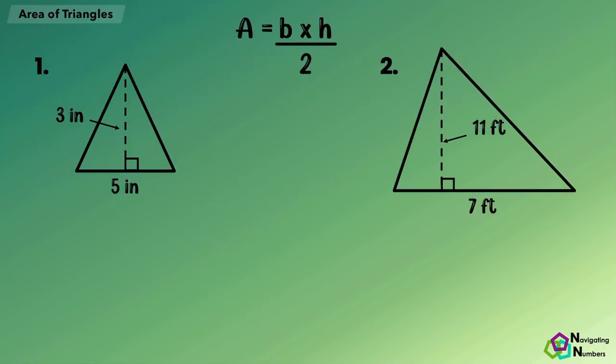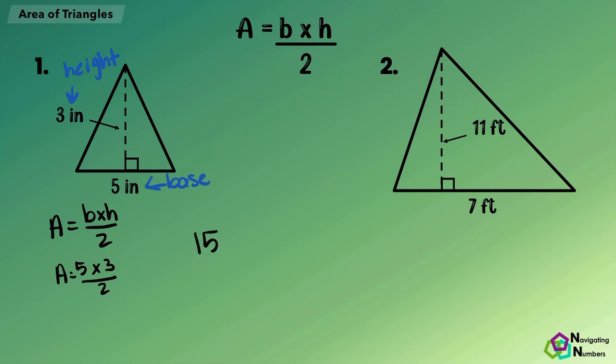Here we have number 1. Here we have a base of 5 inches and a height of 3 inches. Notice the 90-degree angle there. All right, so to find the area of this triangle, we multiply the base times the height, and then we divide by 2. So here we have 5 times 3 divided by 2. All right, so we know 5 times 3 is 15, so 15 divided by 2,